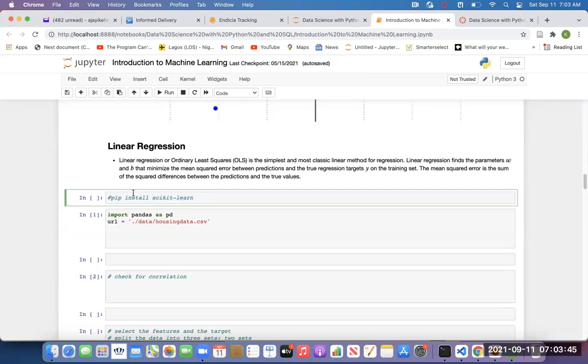It comes pre-installed with your Anaconda. But if you are using another IDE, like we're going to start from next week, you might have to manually install scikit-learn by using pip install scikit-learn. So that's the package that you use for building your machine learning model. It has all of the different models there, and I will show you how to do that.